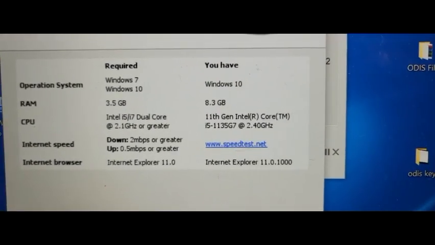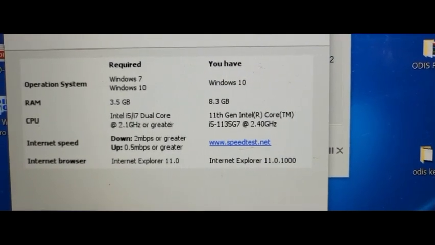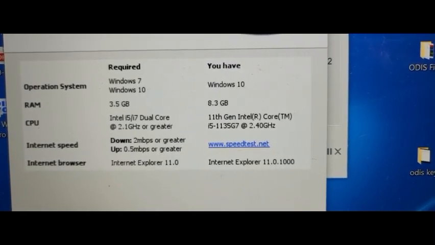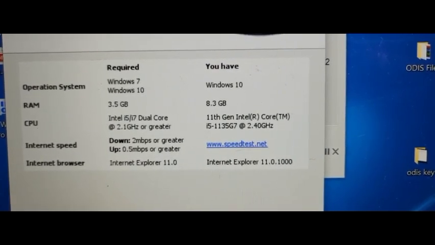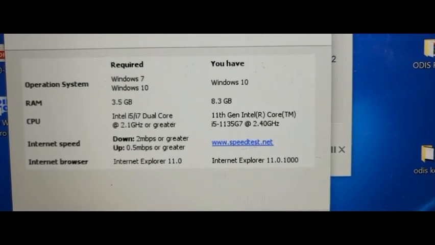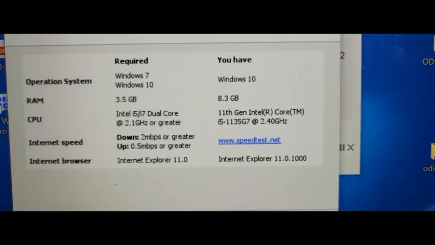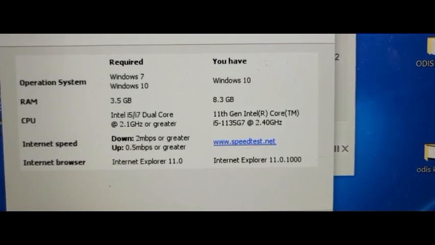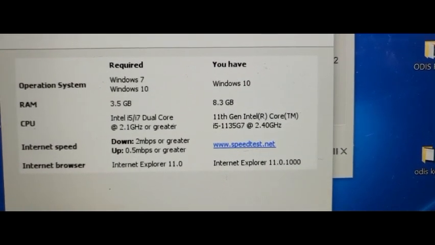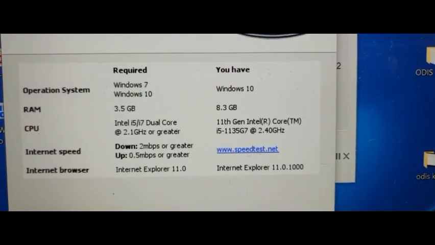What I have here is an 11th generation Intel Core i5 1135G7 at 2.40 gigahertz, or greater. The internet speed should be greater, and the browser must be Internet Explorer